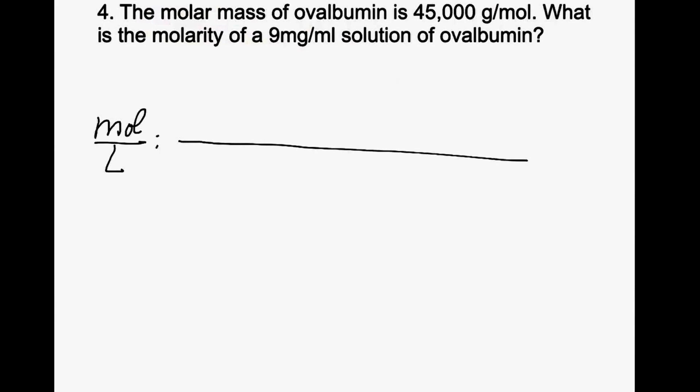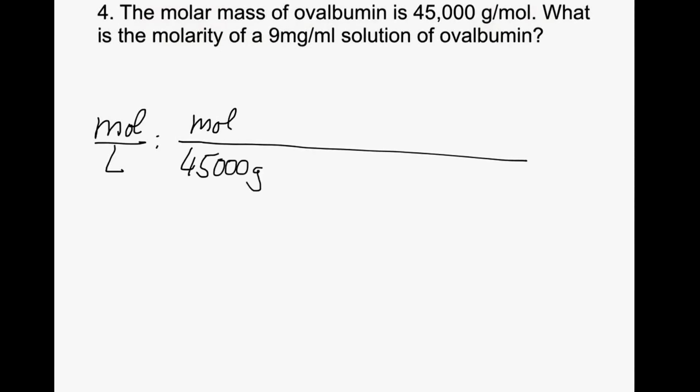So what are we looking for in this case? Well, it says what is the molarity of a 9 milligram per milliliter solution. So molarity is given as mole per liter. That is the unit that we want. Now, do we have mole anywhere? Yes, we've got mole here, but it's down here. It's underneath the fraction line. So we have to write it in the way so that mole is on top. So we have mole, and we have